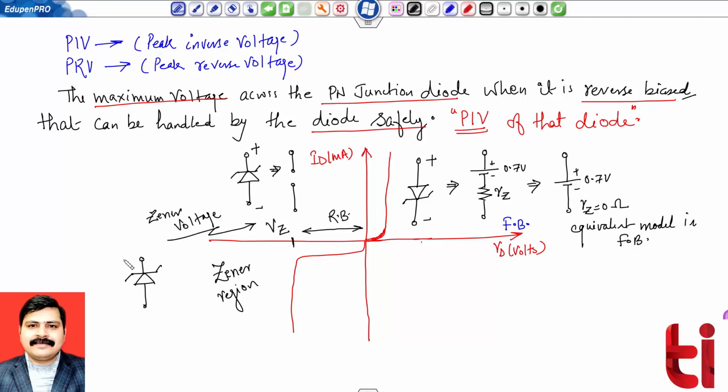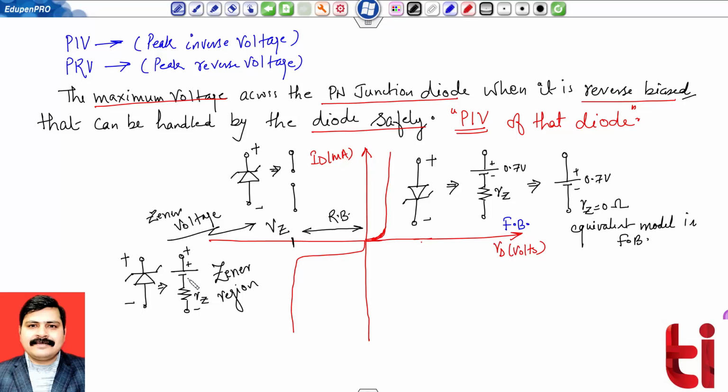So my cathode is positive, anode is negative. This will be equivalent to a battery in series with a resistance. So plus minus, this resistance is RZ,